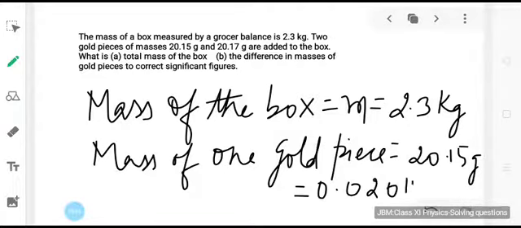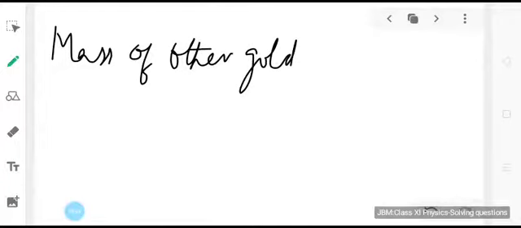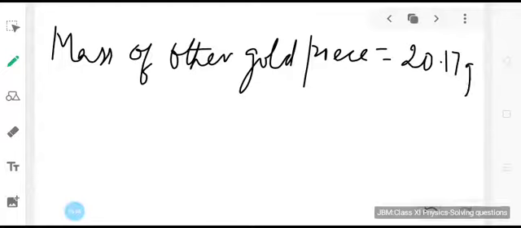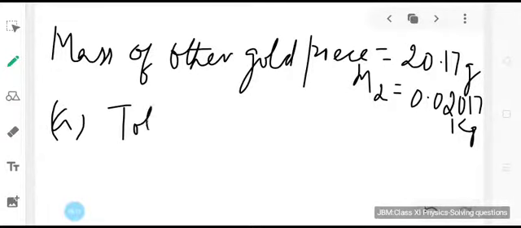Again, mass of other gold piece is 20.17 gram. If we assume it to be M2, that will be equal to 0.02017 kg. So for the first part, that is